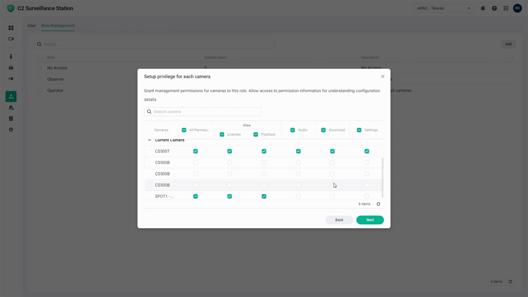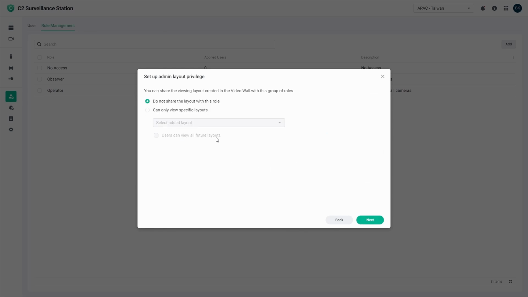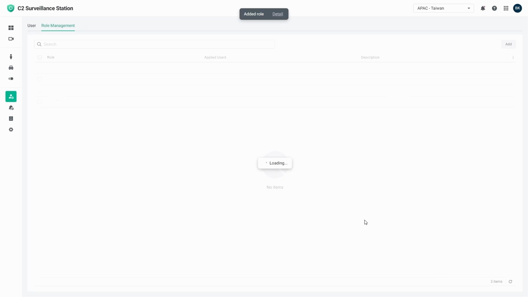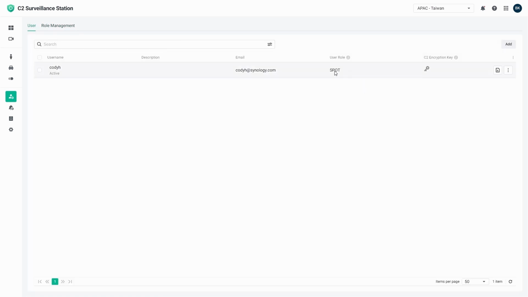Now, once you selected this, you can also choose what layouts are available to this user. You can choose specific layouts, and you can see the Spot layout we created in our previous demos. And you can also do sort of an auto discovery and allow this user to grab future layouts if you create them later. Now, you can choose what users to actually set for this full privilege profile. And once that's all done, this user will now be a part of that Spot privilege role that we just created. Now, if we go back to the user menu, we can see that this user now has this Spot user role we just created and specific access to certain cameras and certain layouts. Very similar to privilege profiles and user management inside of on-premises Surveillance Station.